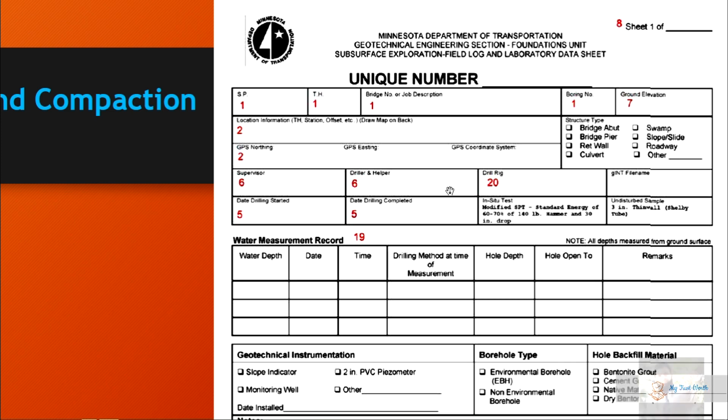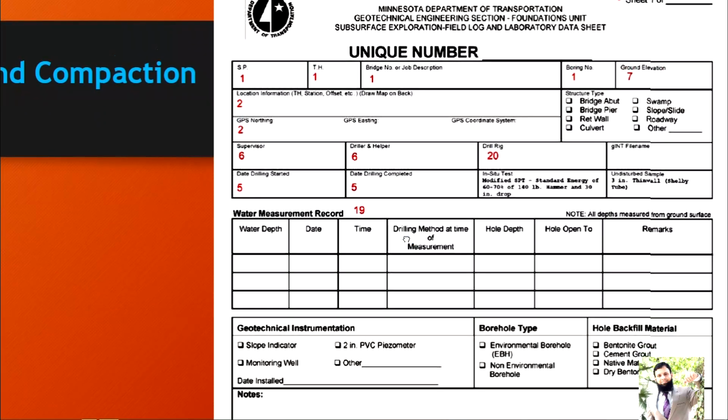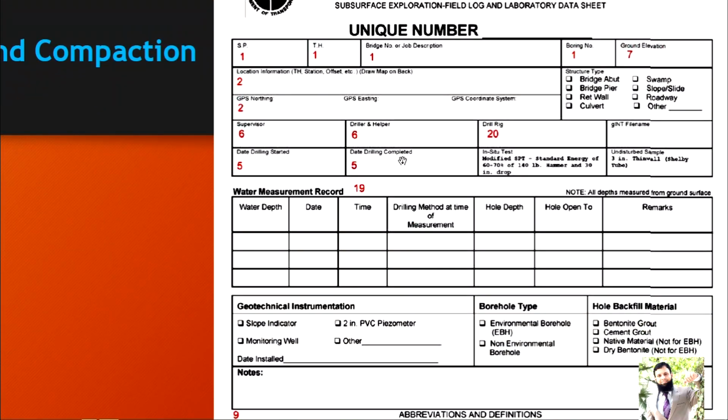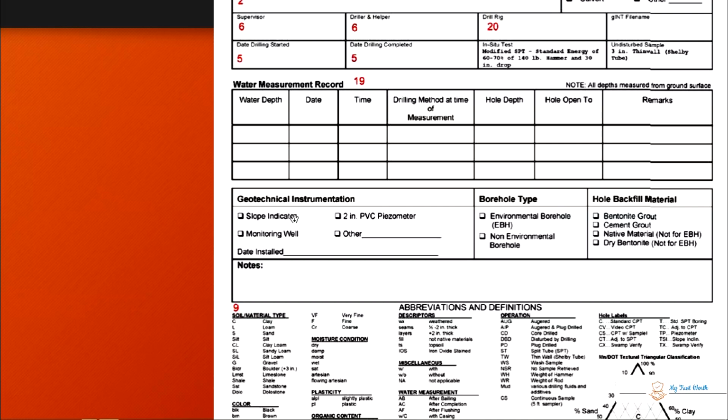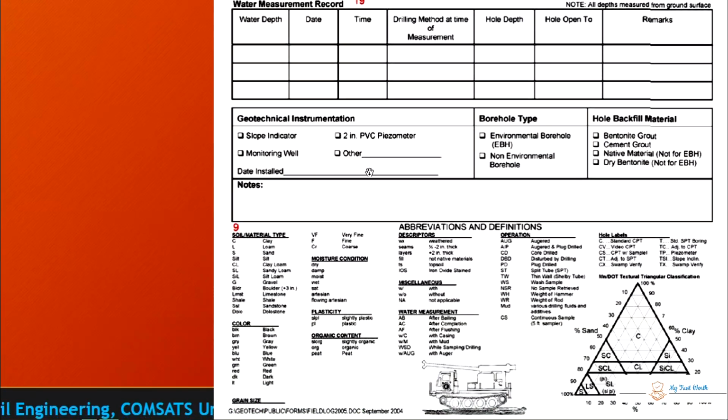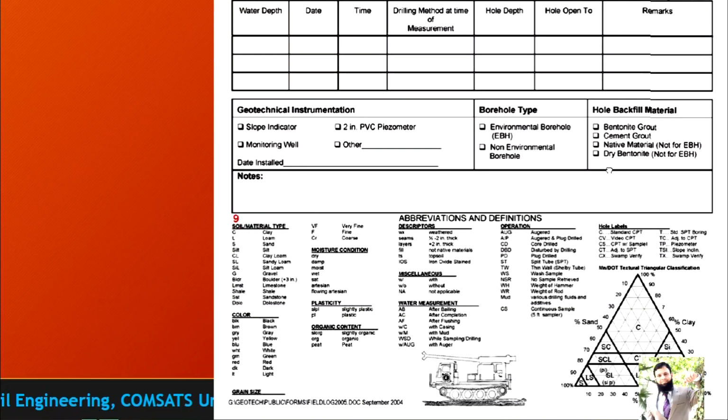So supervisor, drilling helpers, and drilling rigs. So date drilling started, drilling completed, type of structure, water measurement record, water depth, date, time, drilling method used, hole depth, hole open to, remarks, and geotechnical investigation instruments: stop indicator, monitoring well, PVC, piezometer, bore type, and hole backfill material, bentonite grout, cement grout, which type of fill was used. And you can see the abbreviations